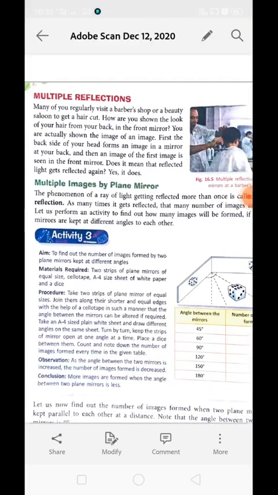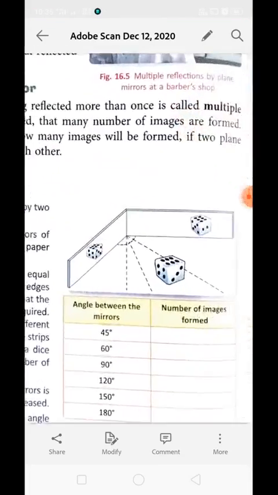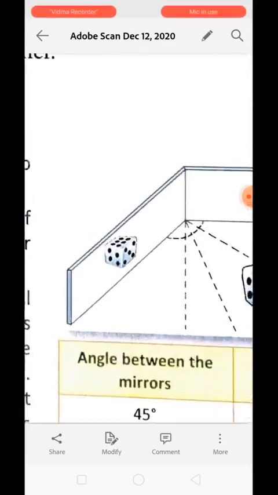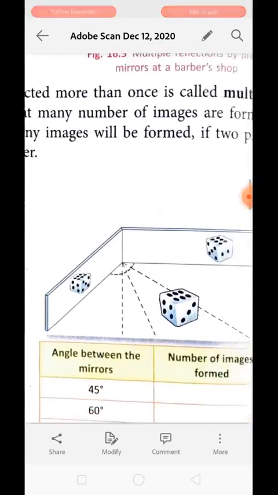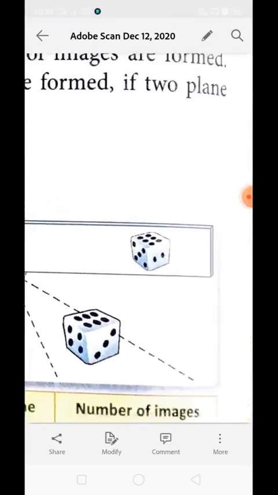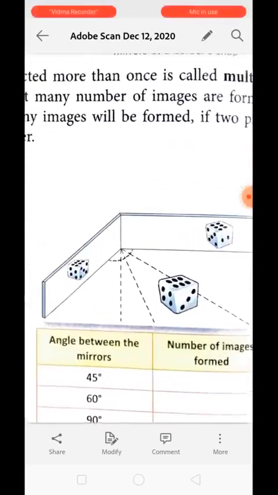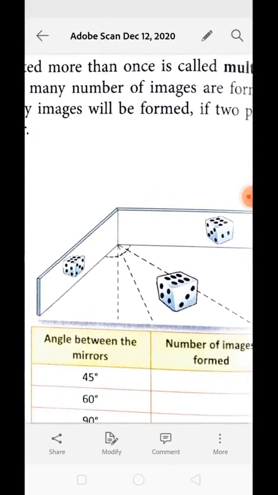You can see, to find out the number of images formed by two plane mirrors that are kept at a different angle. You can see over here, we have one mirror, we have a second mirror, and the object is kept in between the two mirrors, kept at different angles, and the image is going to get formed over here. So to perform this activity, we need two strips of plane mirror of equal size,